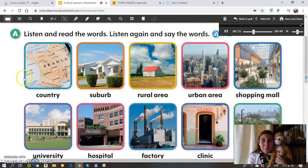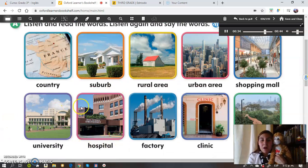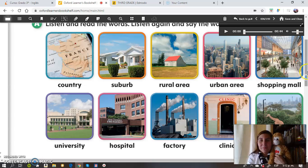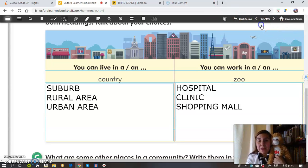Ready? Let's go. Country, Country, suburb, suburb, rural area, rural area, urban area, urban area, shopping mall, shopping mall, university, university, hospital, hospital, factory, factory, clinic, clinic, zoo. zoo. Very good. Now that we know what the vocabulary is, let's talk about who can live there and who can